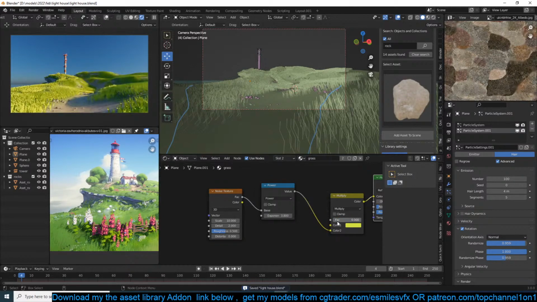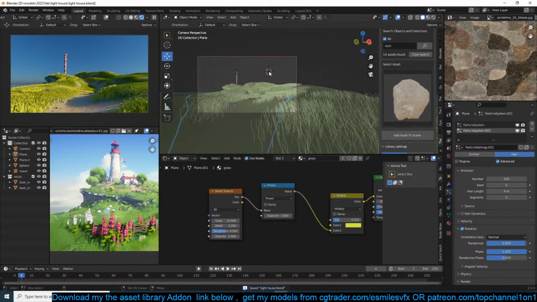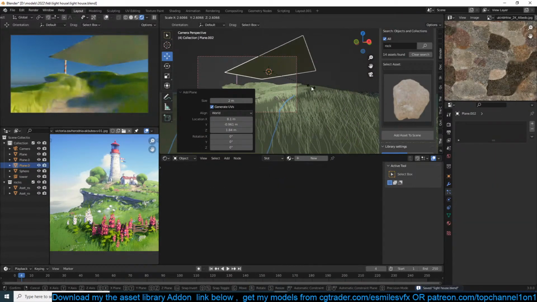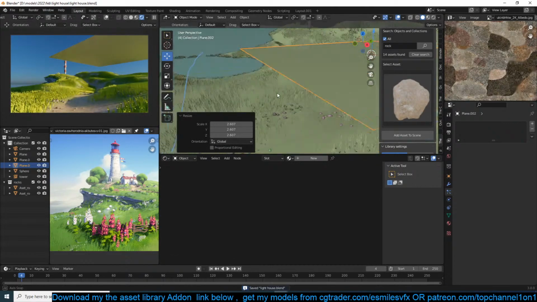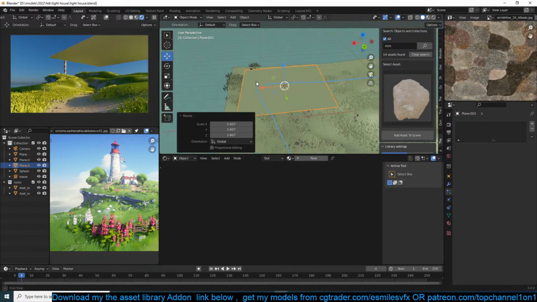So before, you can see it was too bright, I think, but now we can introduce some variation just like that. Another thing we could do is add like a large plane like this, with, let me see,